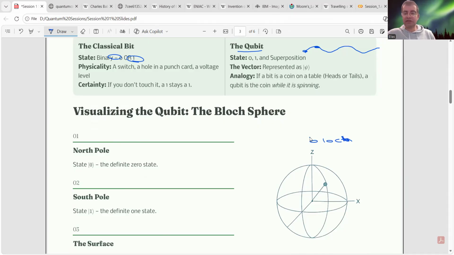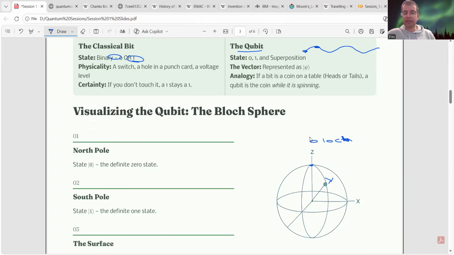You see that it's three-dimensional: we have X, Z, and here also we have Y. Now all the possibilities on the surface of the sphere can be a position of that photon.